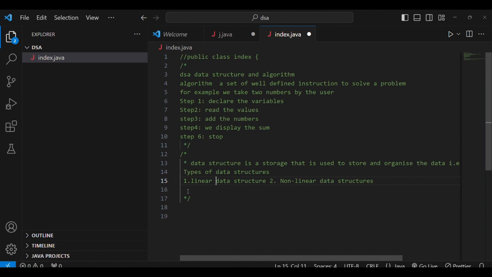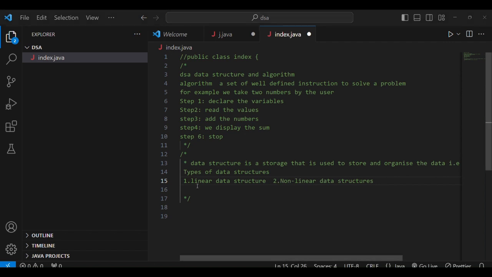Linear means in a sequential manner, one by one, like a stack, and non-linear means non-sequential, like a graph.